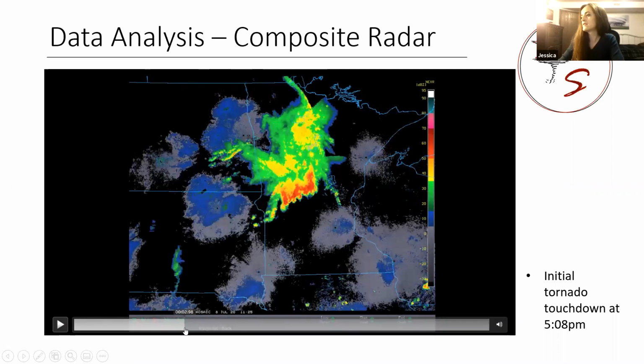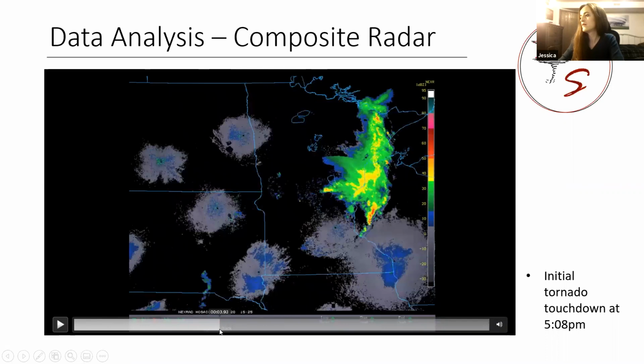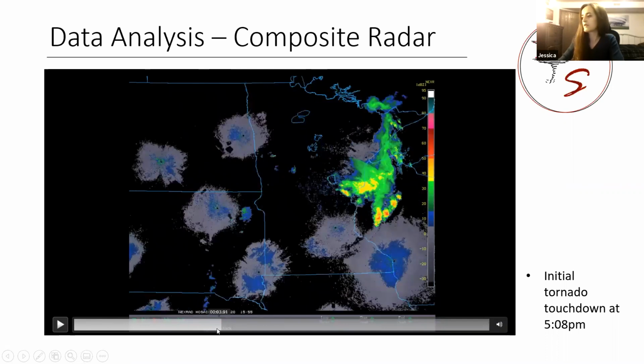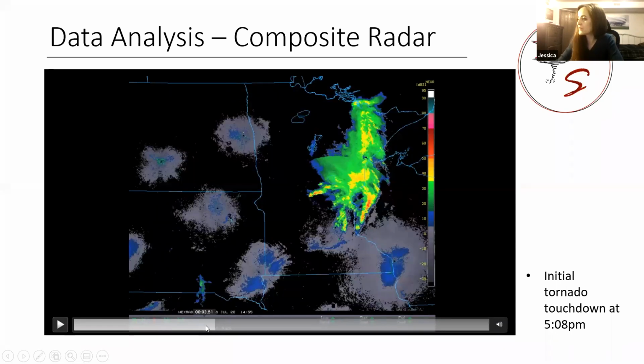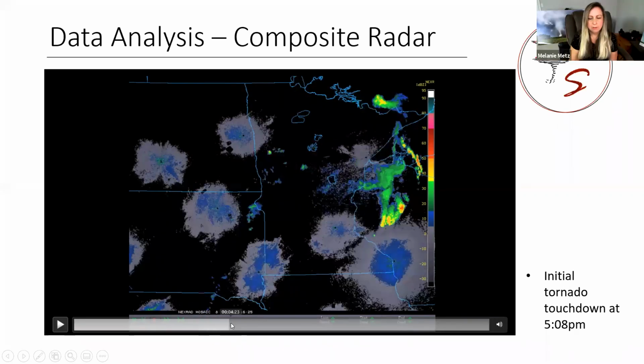And it's leaving essentially an outflow boundary in its wake. You can see it right through here. You can see it already taking off right there. And with the visible satellite image from the slide before, you can really get a better visualization of that. That's just that outflow boundary kicking off from that morning convection. And now it's clearing out.